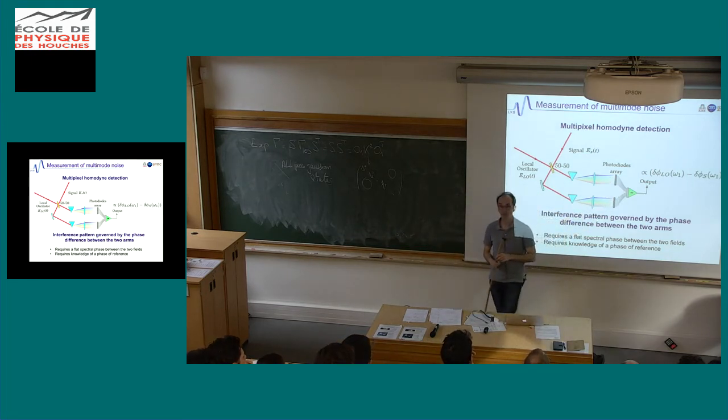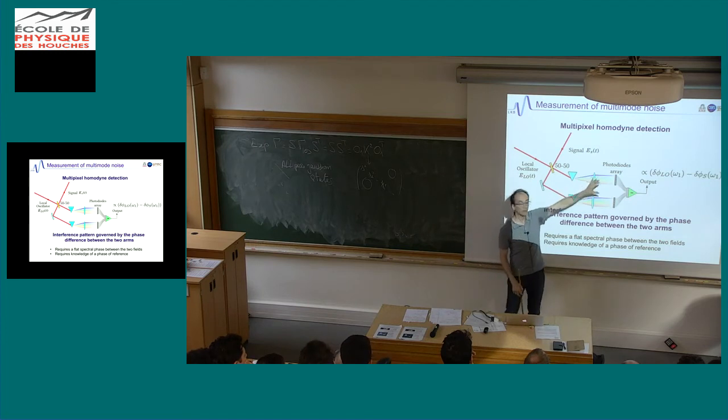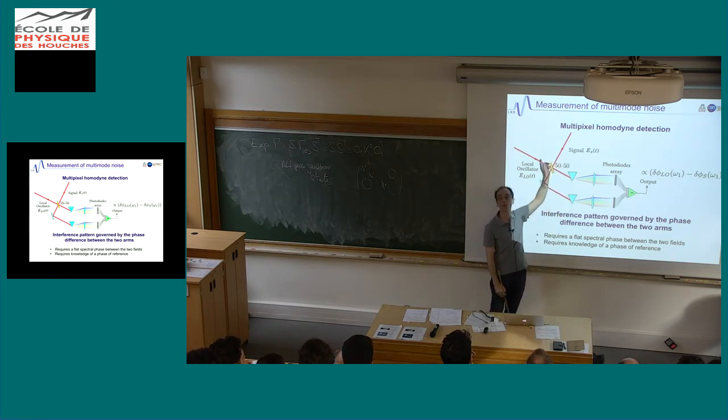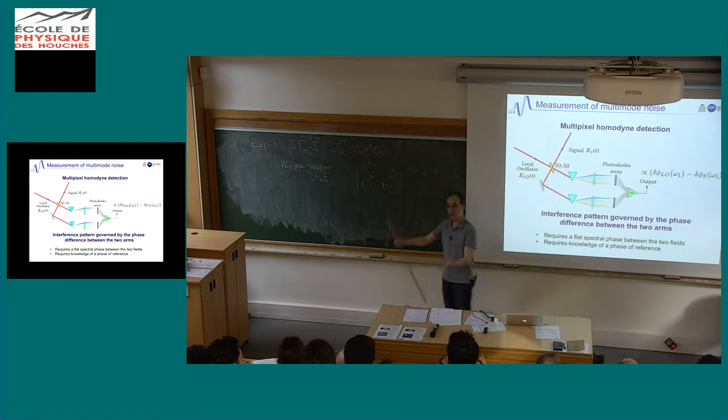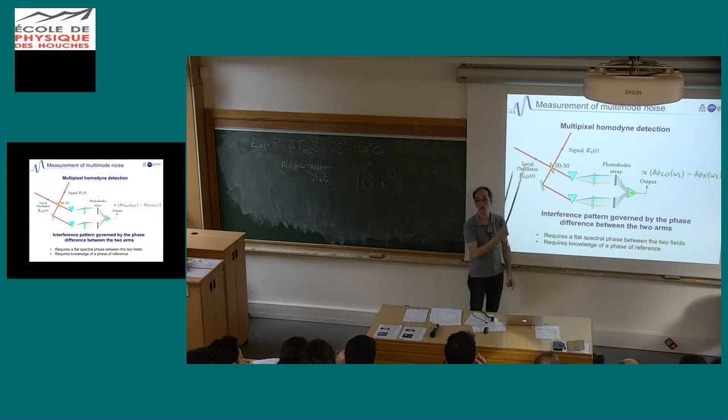If you want to think about it, this prism you could put before the beam splitter, because it's linear, it's fully equivalent. So it's really like having a local oscillator in the blue to measure the blue line of my signal. It's really 16 homodyne detections working together. It's just easier to put the grating here than before for alignment purposes, but it's fully equivalent.